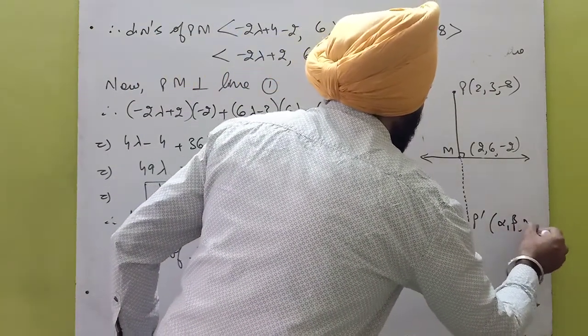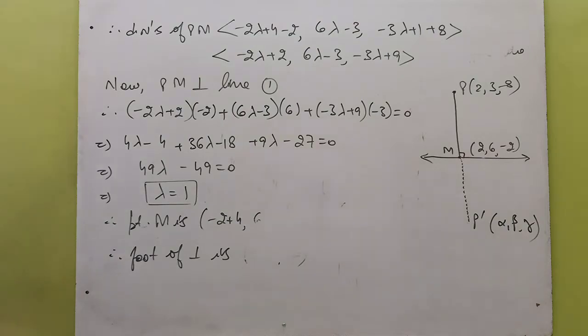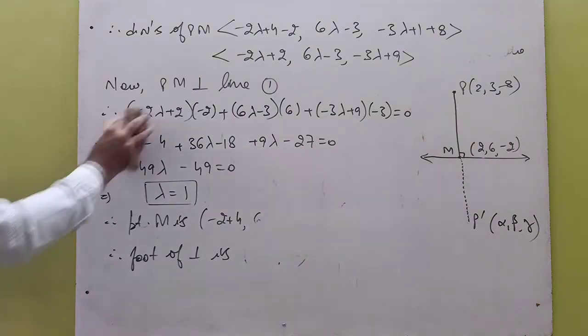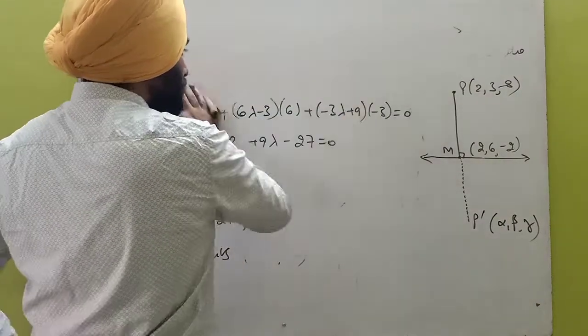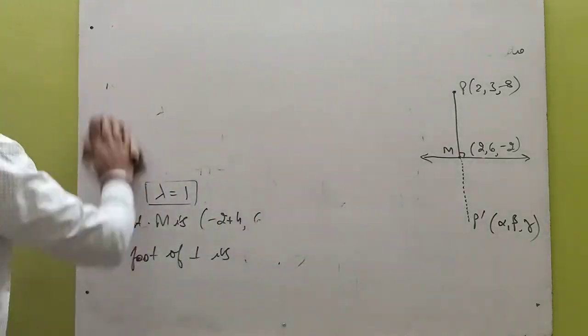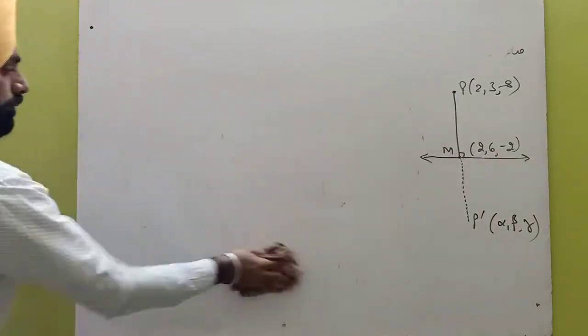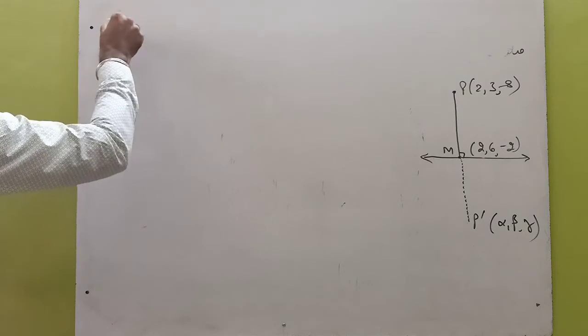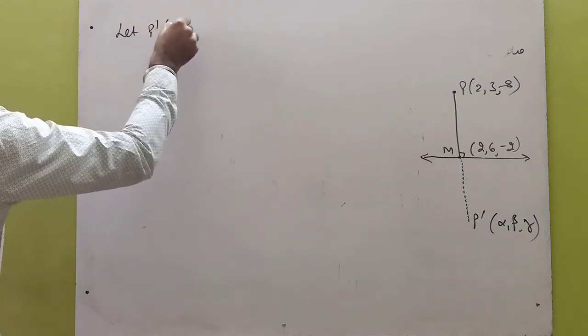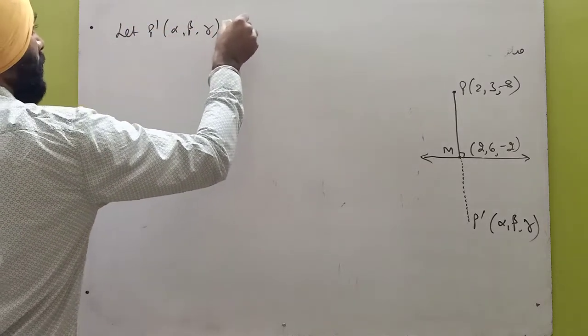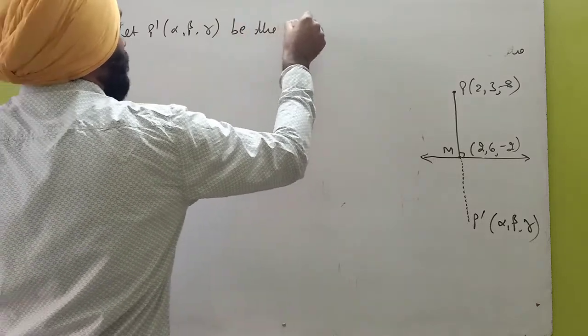Let us take alpha, beta, and gamma. So in the next step, first of all, let P dash alpha beta gamma be the image of